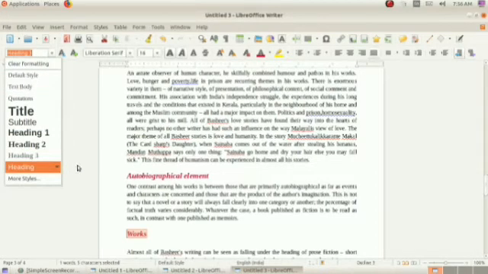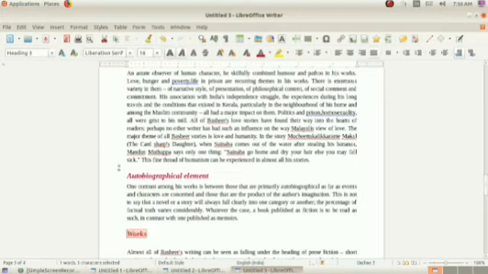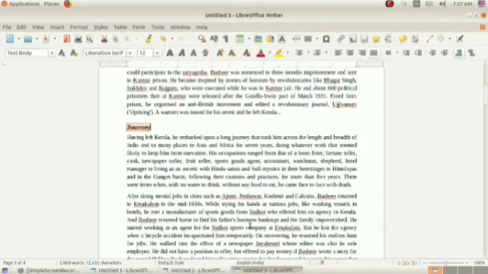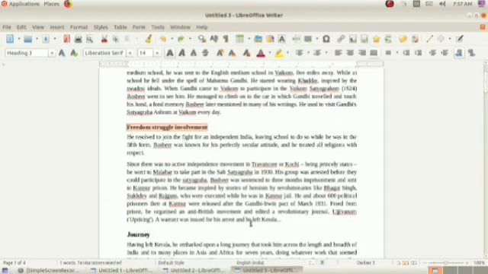Then in the same document, if we want to apply the heading 1 style, you just select the heading and apply that style. So I am removing all these styles from the document, the styles applied using the clone tool. So I am just removing all these styles. Okay, I removed all the styles.